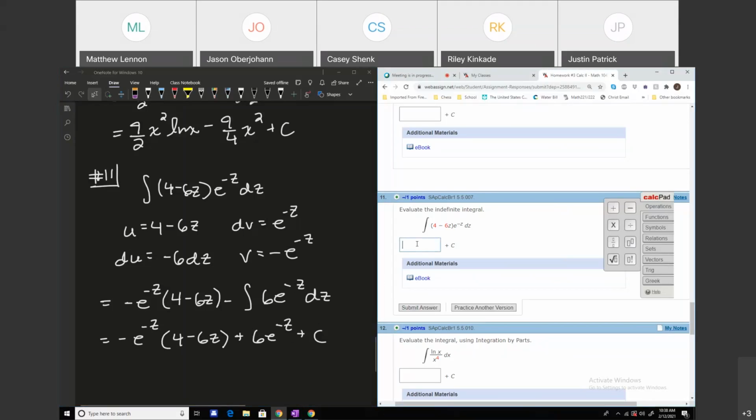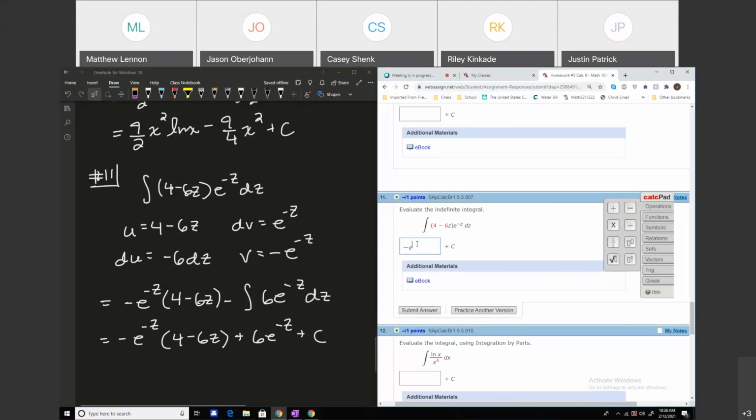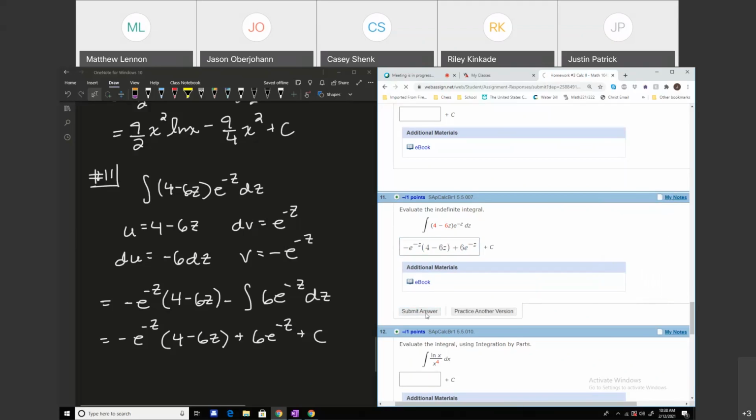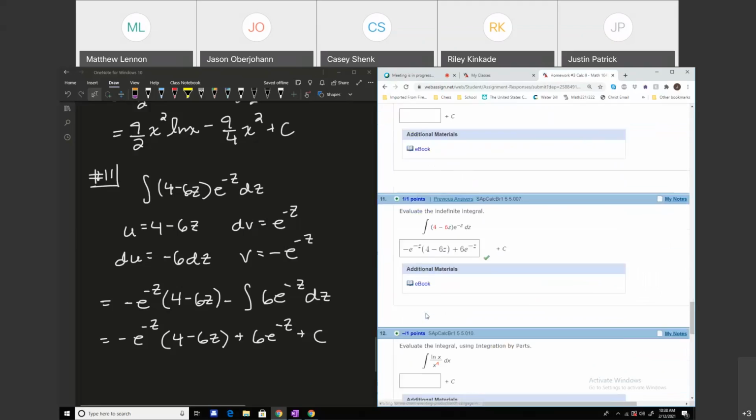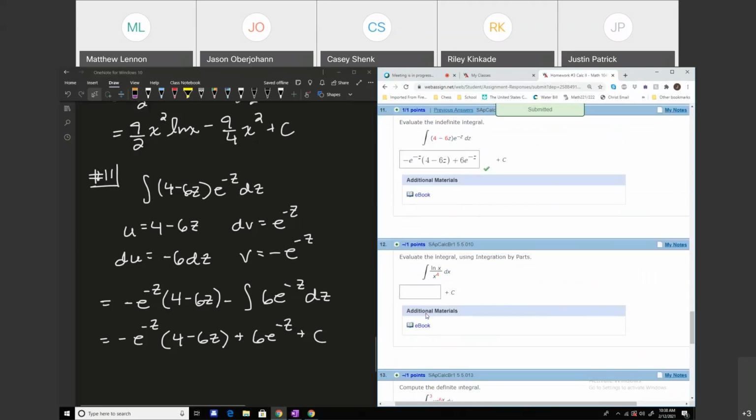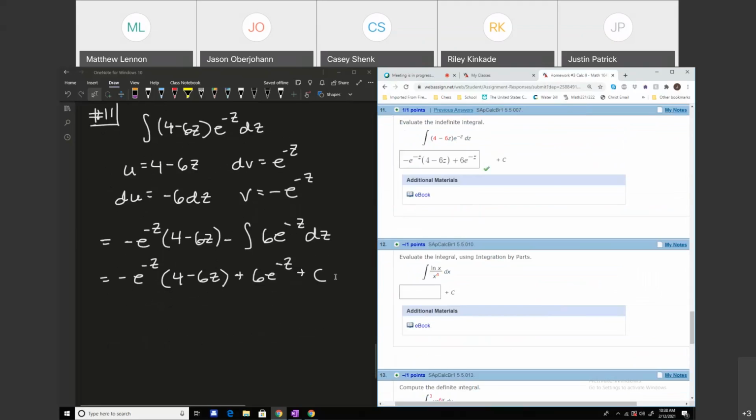Probably the biggest hurdle on that one is just paying attention to all the negatives. But once you keep track of those, then it's not so bad, really. All right. So that's it for number 11. Number 12,